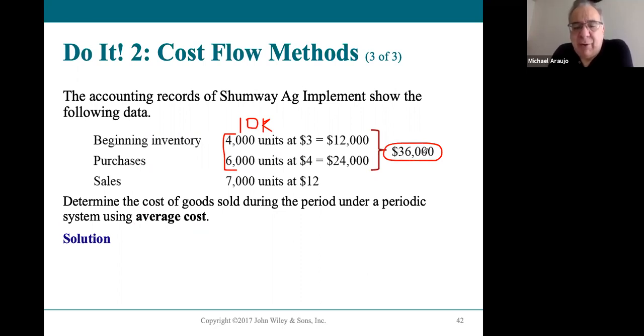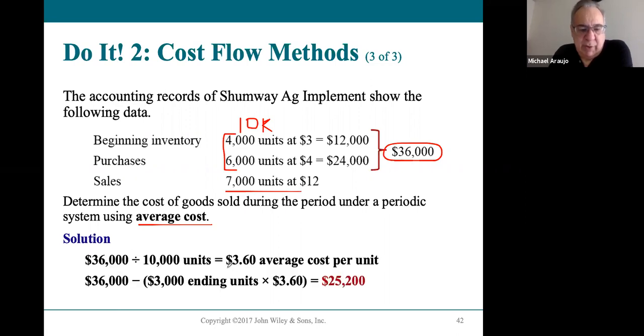So $36,000 divided by 10,000 units will give you an average cost of $3.60 for every unit. And they sold 7,000 of them. So $3.60 is the average cost for each unit, and they sold 7,000 of them. And so that would give you